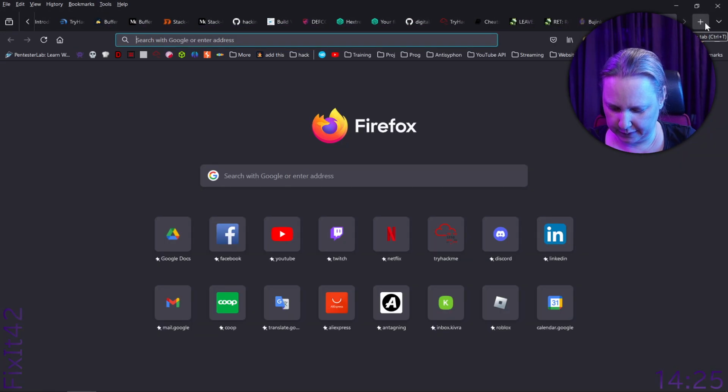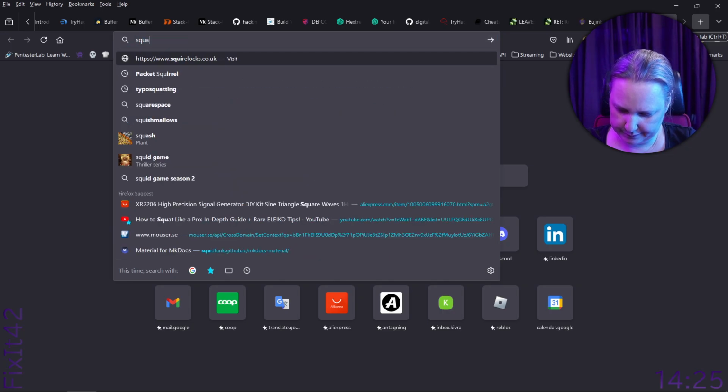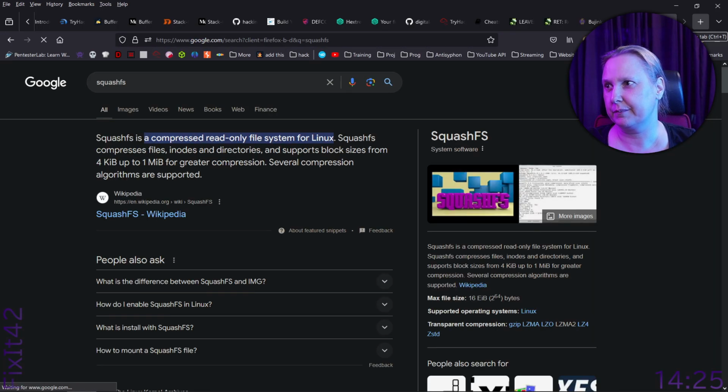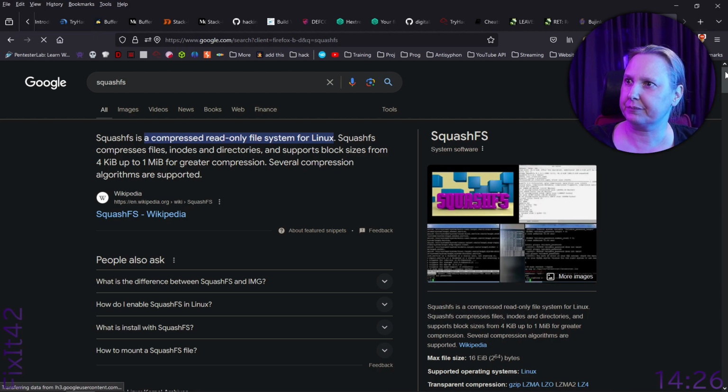I'm curious now. Compressed read-only file system for Linux.